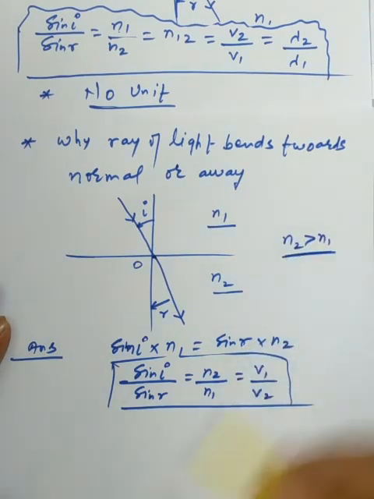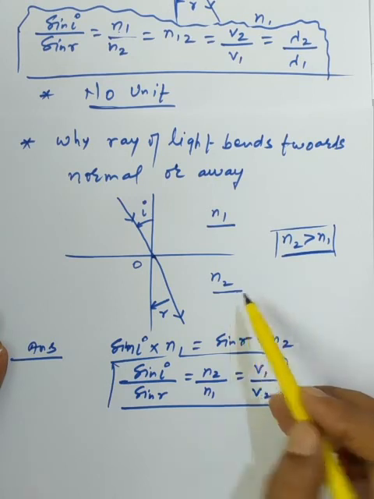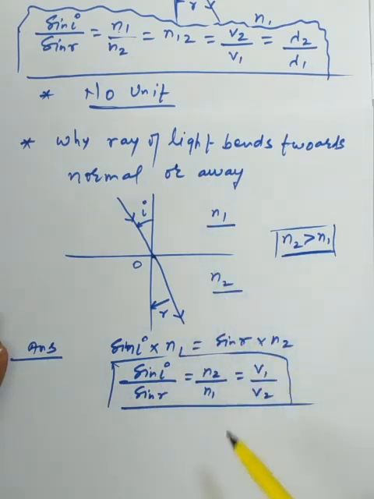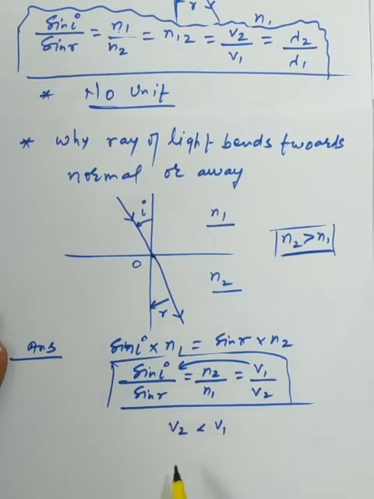So I have just told you that the refractive index simply indicates how much the velocity of the light will be restricted. Here we are taking the condition that n2 is greater than n1, so medium n2 will restrict the velocity of the light. So whenever the ray is moving from medium 1 to 2, obviously v2 will be less than v1, or we can say that v1 is greater than v2. We are using this relation with the help of mathematics.